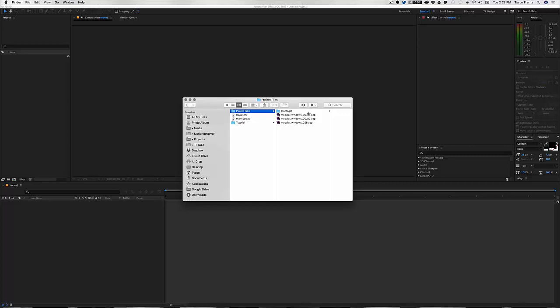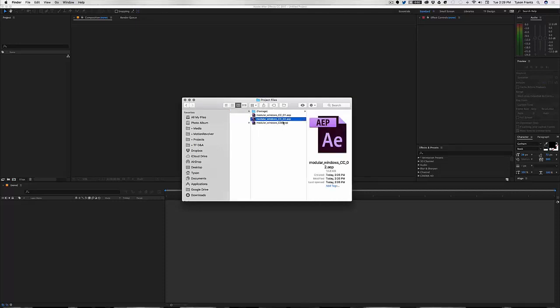Now that we have two After Effects projects, we can cover 40 placeholders without a problem. But we have to import them both into a single project so that we can easily edit them. Or what we could do is edit these projects individually, work with placeholders 1 through 20 in this project, and then work with placeholders 21 through 40 in this project. And then once both of these projects are finished,